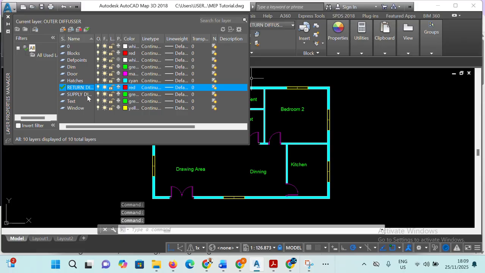So the two of them, we are going to use different